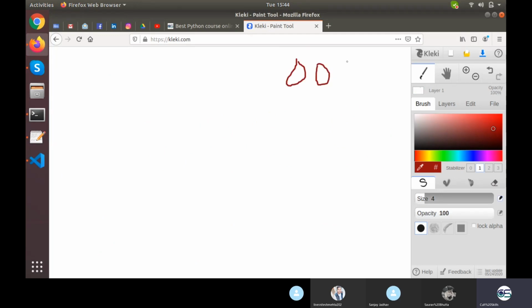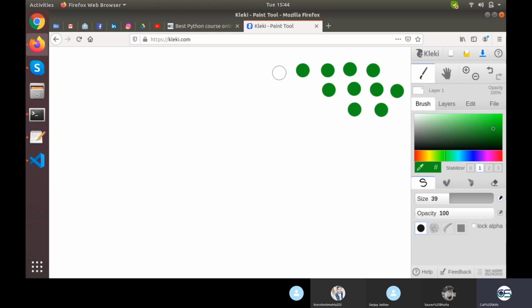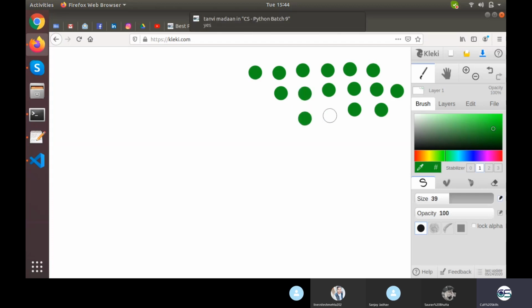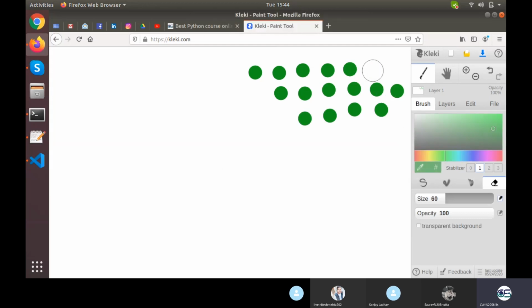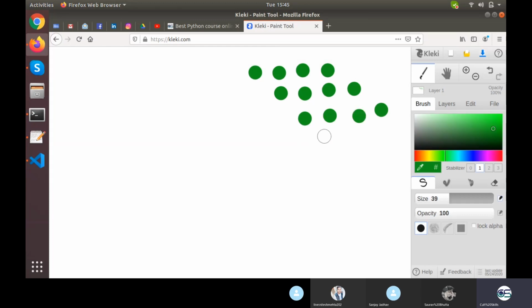I'll just draw the stars with circles as of now, or simply I'll make an auto circle. Simply this is what we want to make.